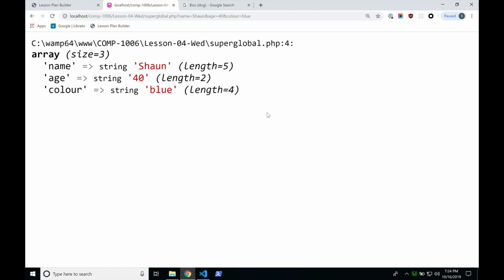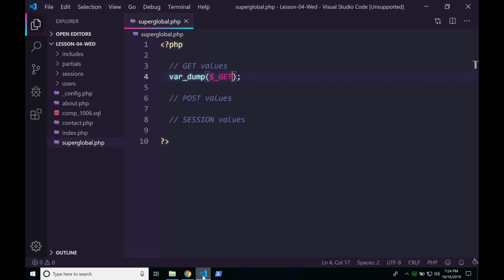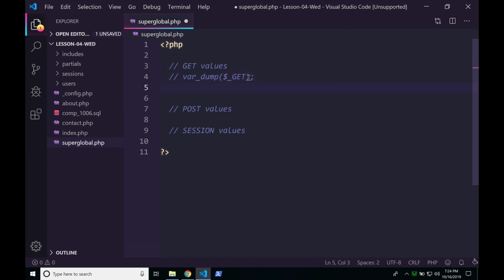So right now we're var dumping all this. If we want to actually access this data and do something with it, if you jump back to your editor, and we'll just comment out the var dump for now. On the next line, why don't we just write a nice statement, hello, and we'll use string interpolation, which is these curly braces, right? And then we just type the variable right inside there,